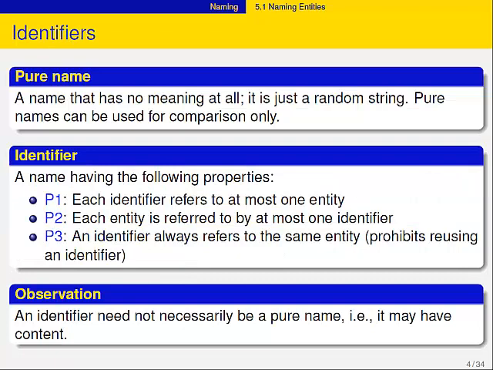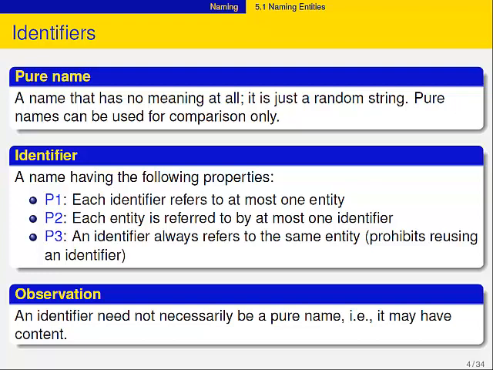That's about naming. We often work with identifiers, and identifiers are strange things. It's a name that has no meaning at all. In essence, it's just a random string, okay? And it's used actually only for comparison. You have to realize this. Now, for most of us, this seems pretty useless, but in fact, it's extremely valuable. Because if you really have a pure identifier, you say, I don't have to talk about that entity, I can just take its identifier, and that represents that whole entity.